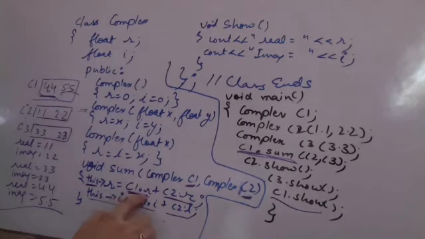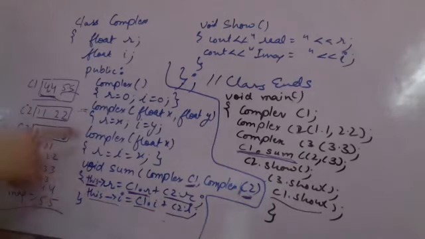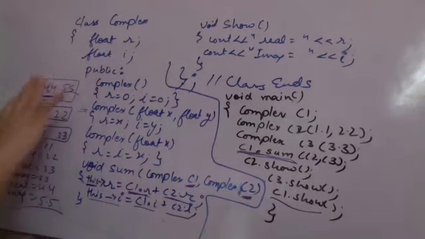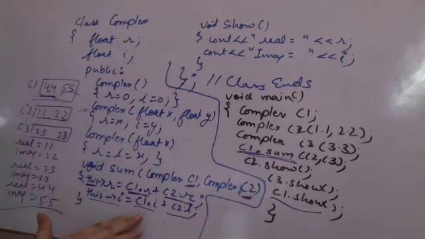Now one object is referring to the real part and the object is referring to the imaginary part. But since this is defined within the class, C1 and C2 can use the R and I parts. R and I are private data members. And through the object I am referring to the private data members. But where am I referring to them? Within the class itself. Within the class I can do that. This will not give me any error.